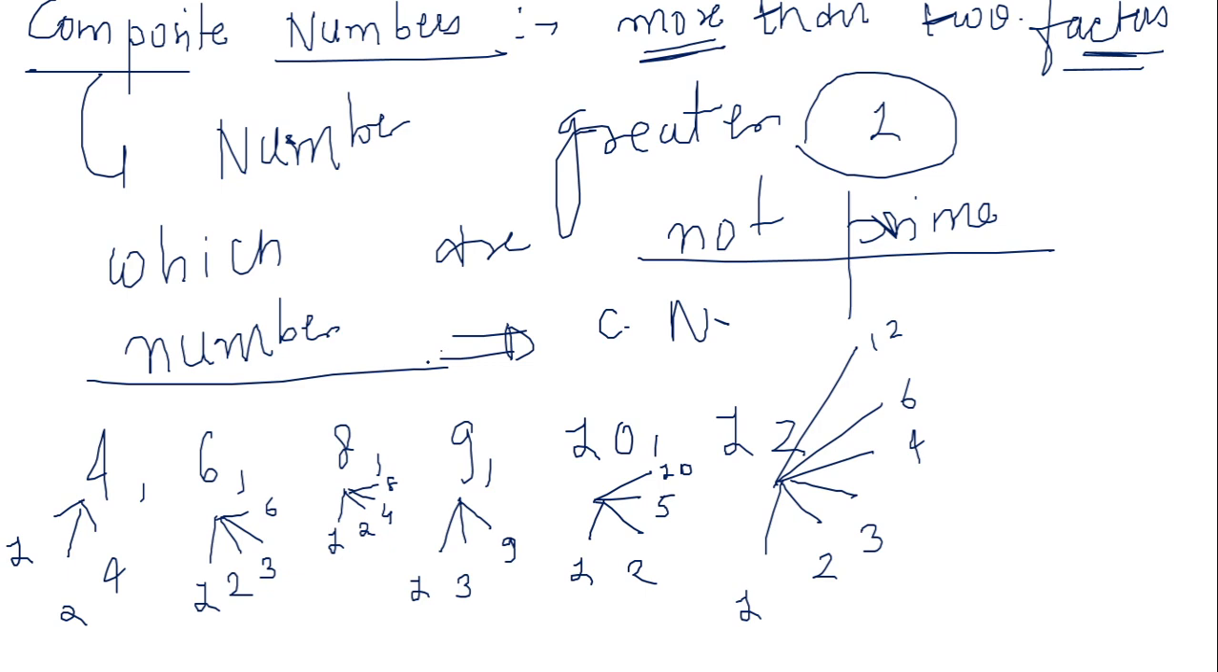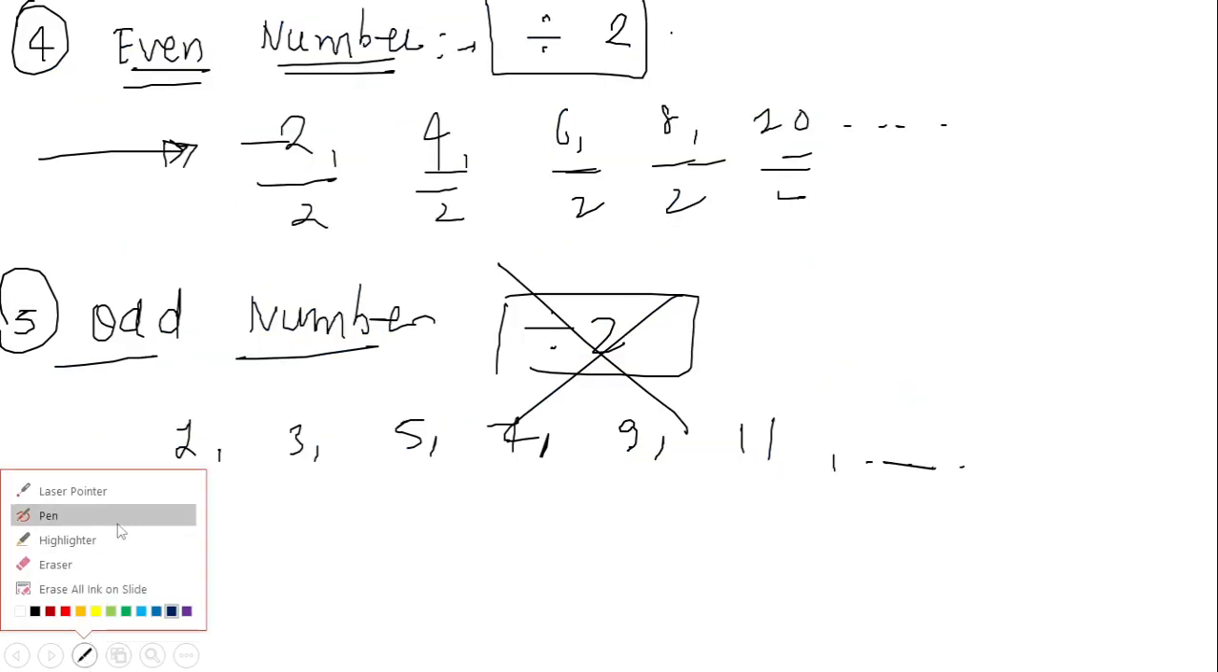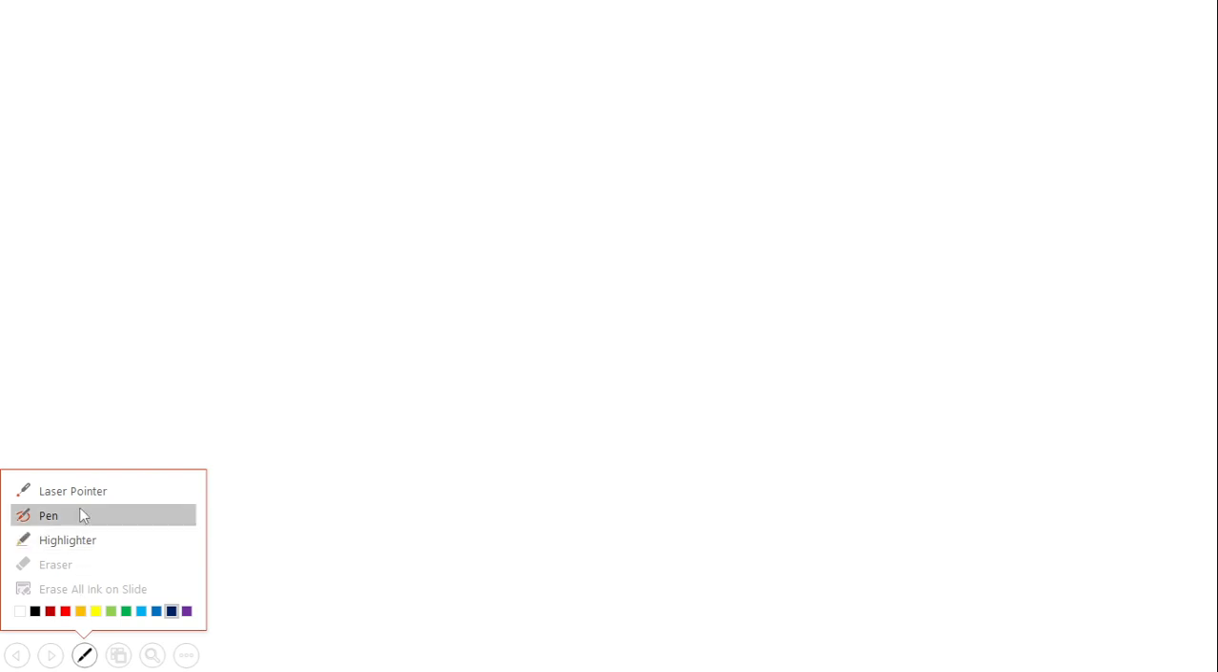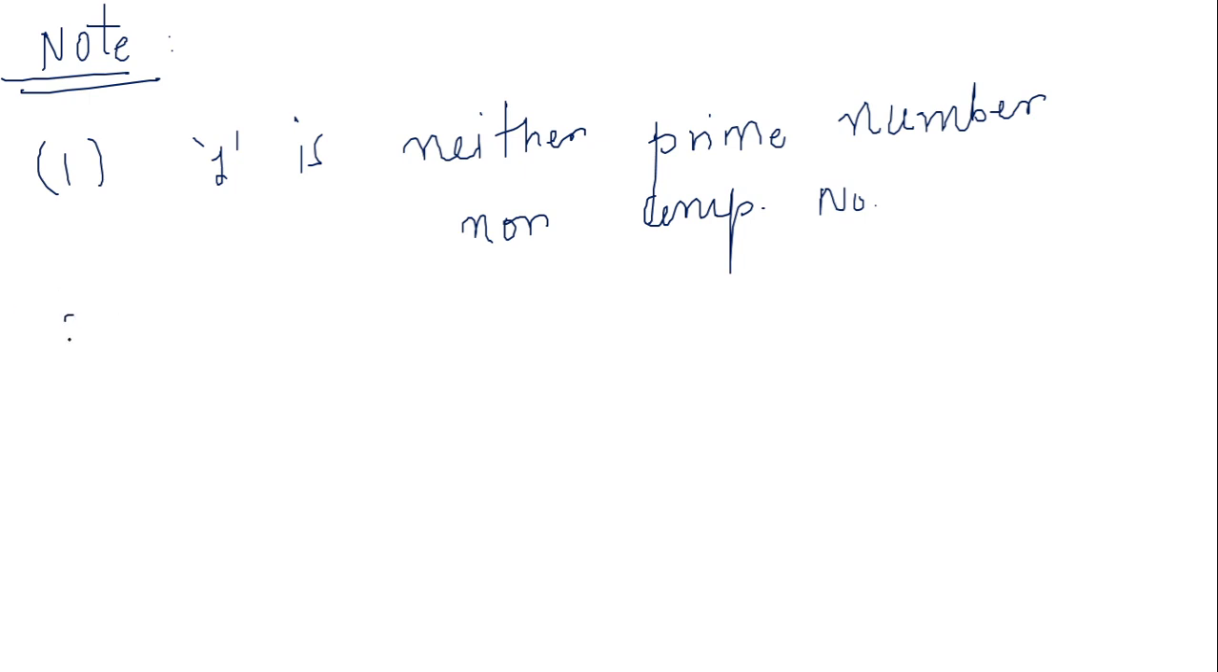So you have to make a note of certain factual things now. The very first note is that 1 is neither prime nor composite. 1 is not a prime number as well as 1 is not a composite number, hence 1 is neither prime nor composite. Okay, the second thing that you have to make a note of is